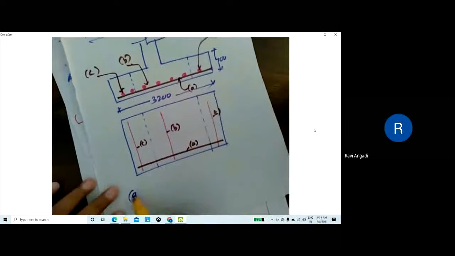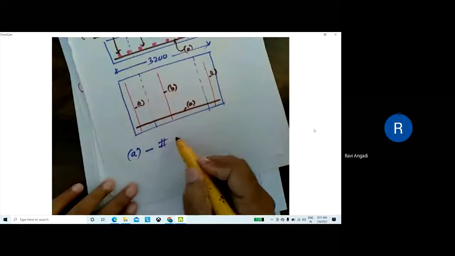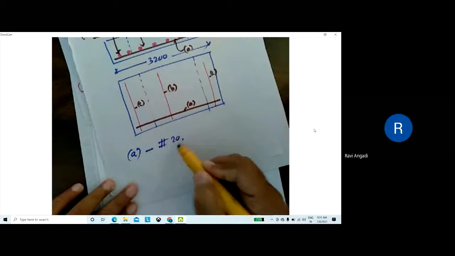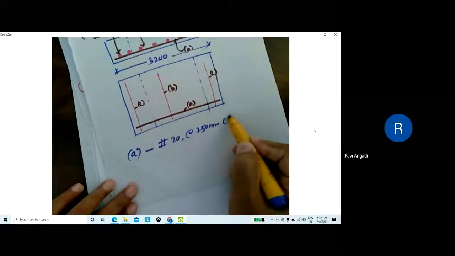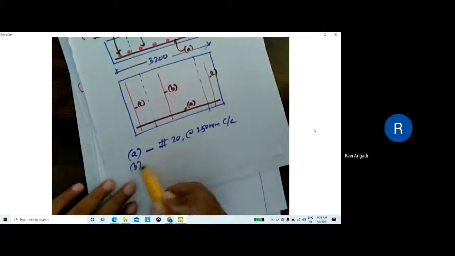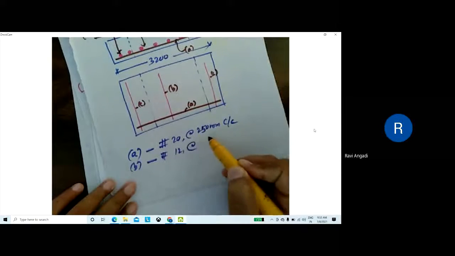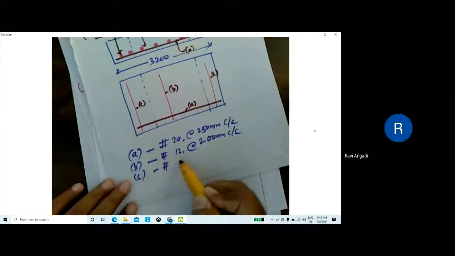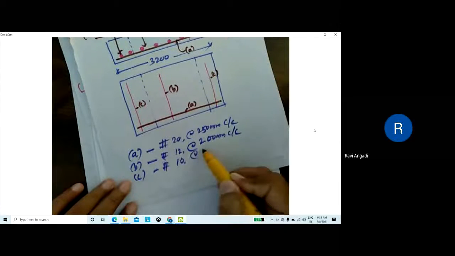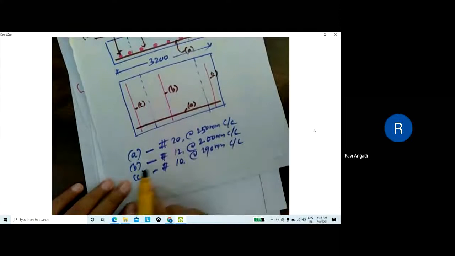Then A means diameter 20 mm at 250 mm center to center we have provided. B means diameter 12 mm at 200 mm center to center, and C means diameter 10 mm at 290 mm center. Hope this is what you provided.